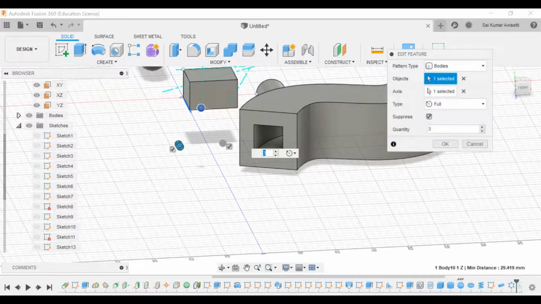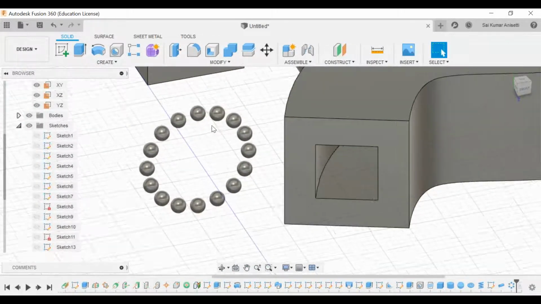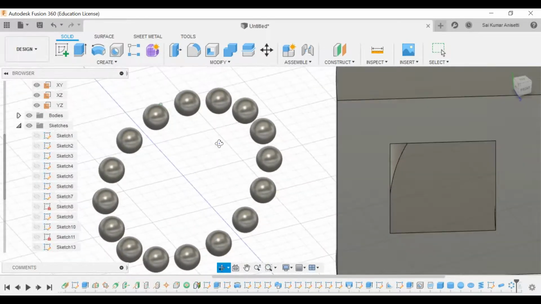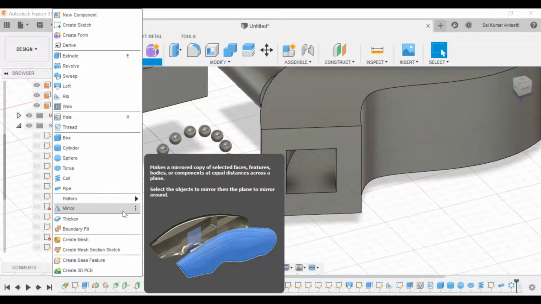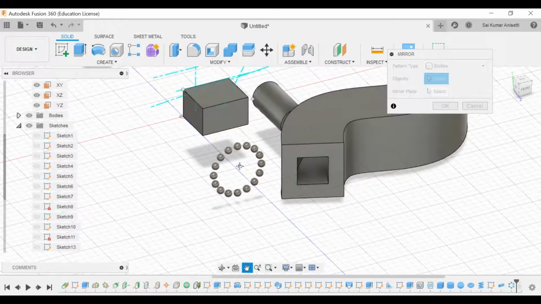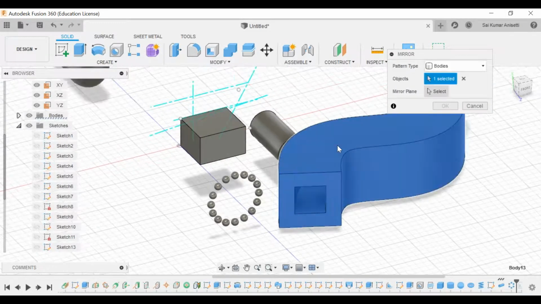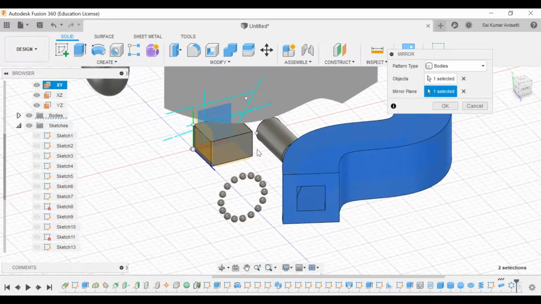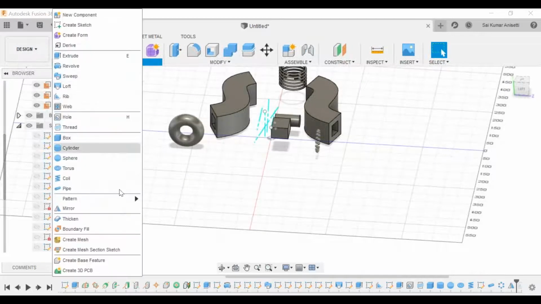If I increase now, I can increase quantity to 7, 8, 10, 11, 12, whatever it might be. This is how I get a radial ball bearing. A simple ball bearing. That is how you create a circular pattern. And mirror objects is as simple as such. You take a simple body and select it, say I'll select this as my body, and the mirroring plane as this one. So I'll get another one. Two bodies. This is a simple mirror.